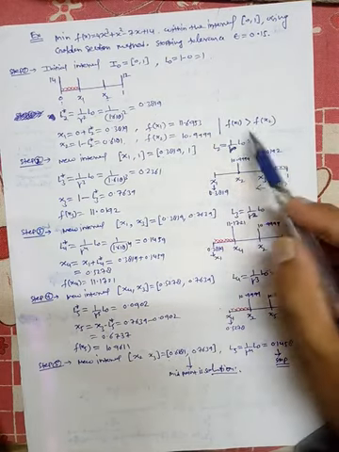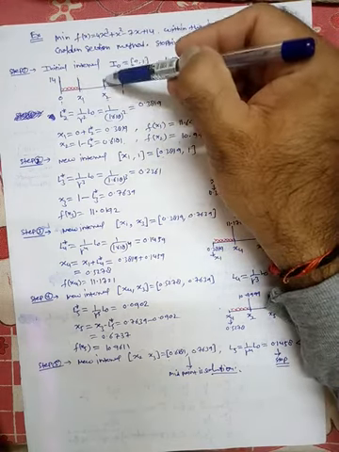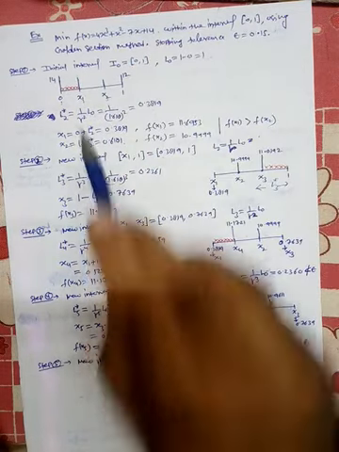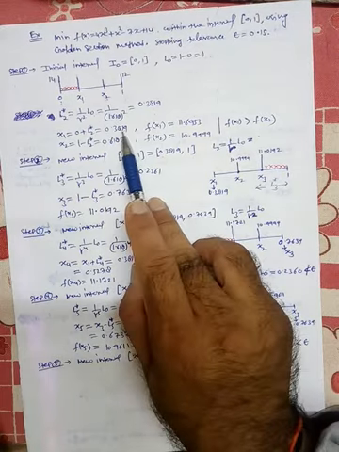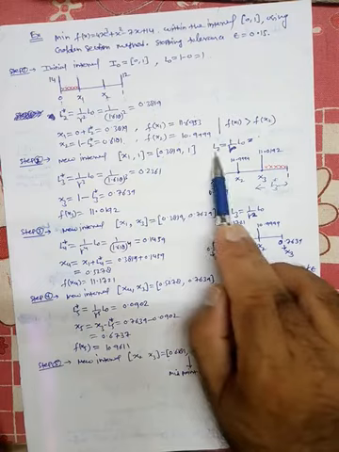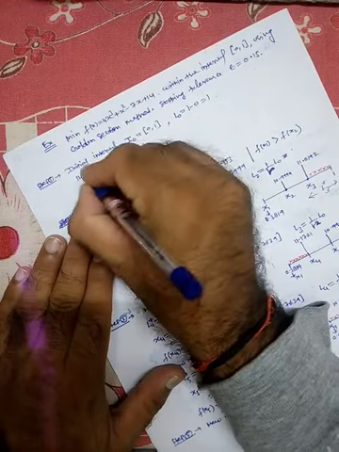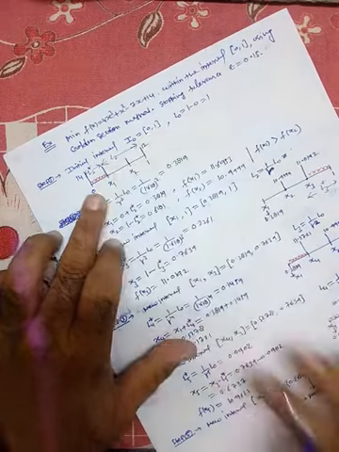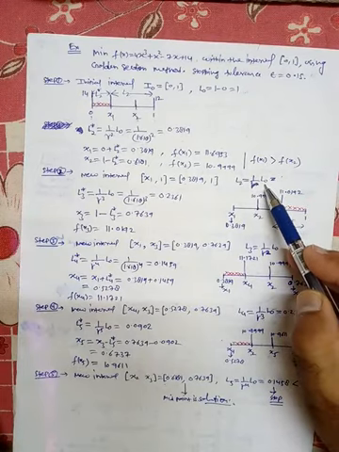Now when you compare these, f of x1 is greater than f of x2. So you have to discard the left hand part of the interval. Ultimately the new interval will be x1 to 1. What is x1? This is 0.3819 to 1. This length, from here to here, is L2 star, and the remaining length from here to here is L2. L2 will be by the formula 1 by gamma L naught.